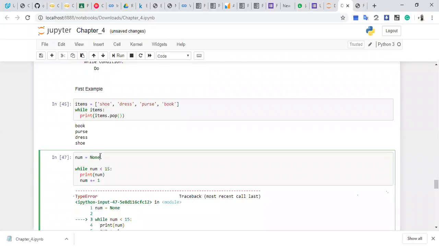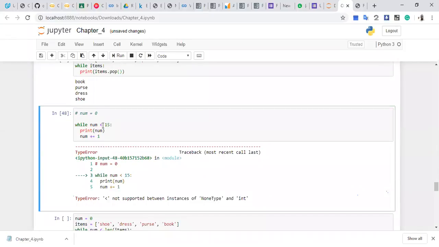Okay, so when you try to run it without having set a value for num, you're going to get a type error. This not supported between instances of NoneType and int. Let me instead delete it. Trying to delete the variable num. Yeah, so I've deleted it. So trying to run this, it tells you name error: num is not defined. So that's why you have to first define it and set it to the minimum